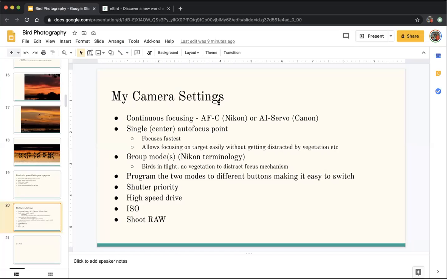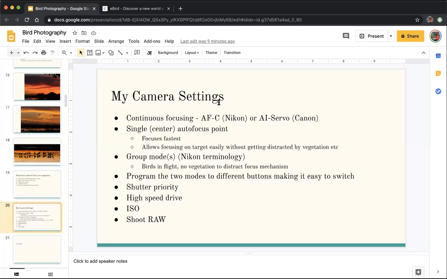Shutter priority. I put shutter priority, but I've also been known to use aperture priority. I kind of go back and forth between them. Again, there are pros and cons of that. Then with birds in flight, or if I'm expecting some action, then I end up